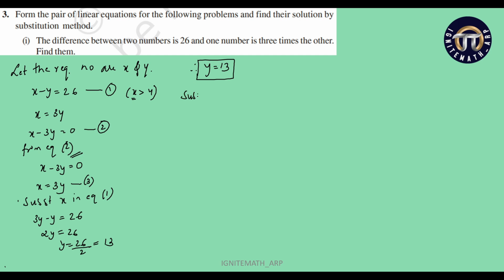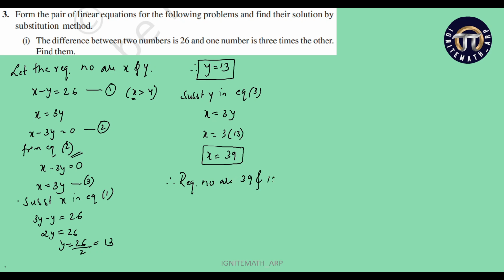Now substitute y in equation 3. What is our equation 3, children? x is equal to 3y. So x is equal to 3 into 13. x is equal to 39, I get. Okay. So don't forget to write the conclusion. Required numbers are